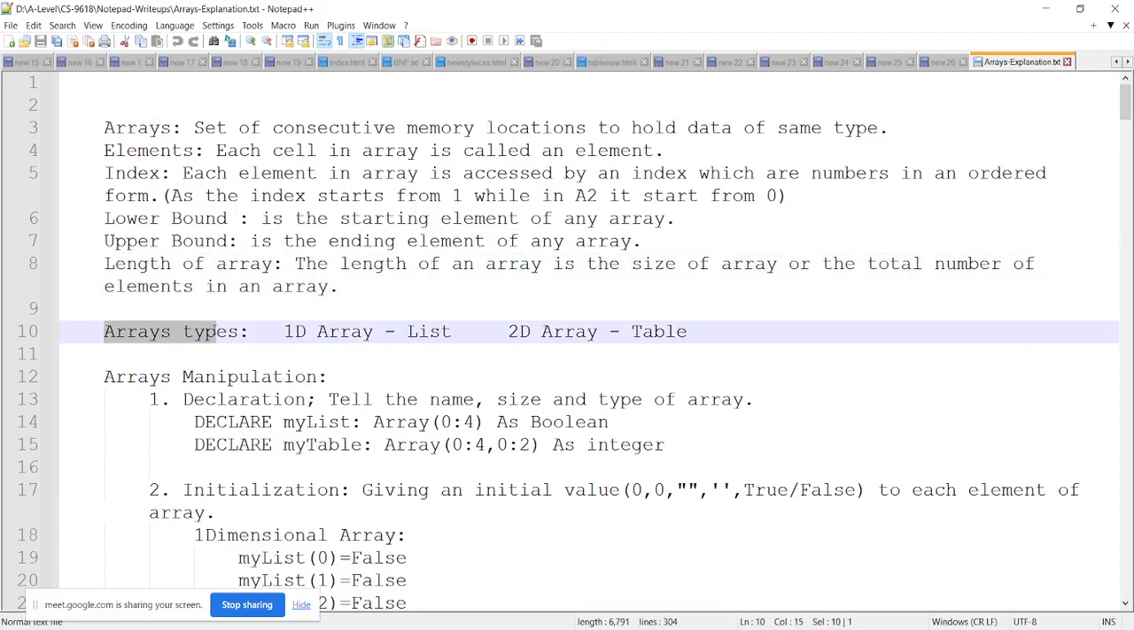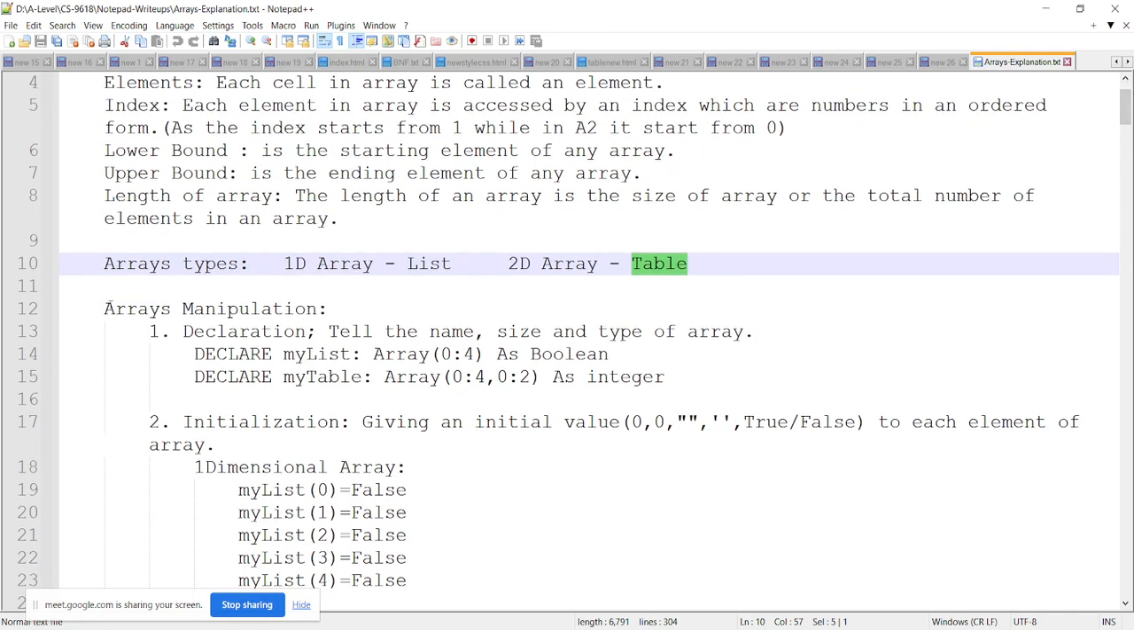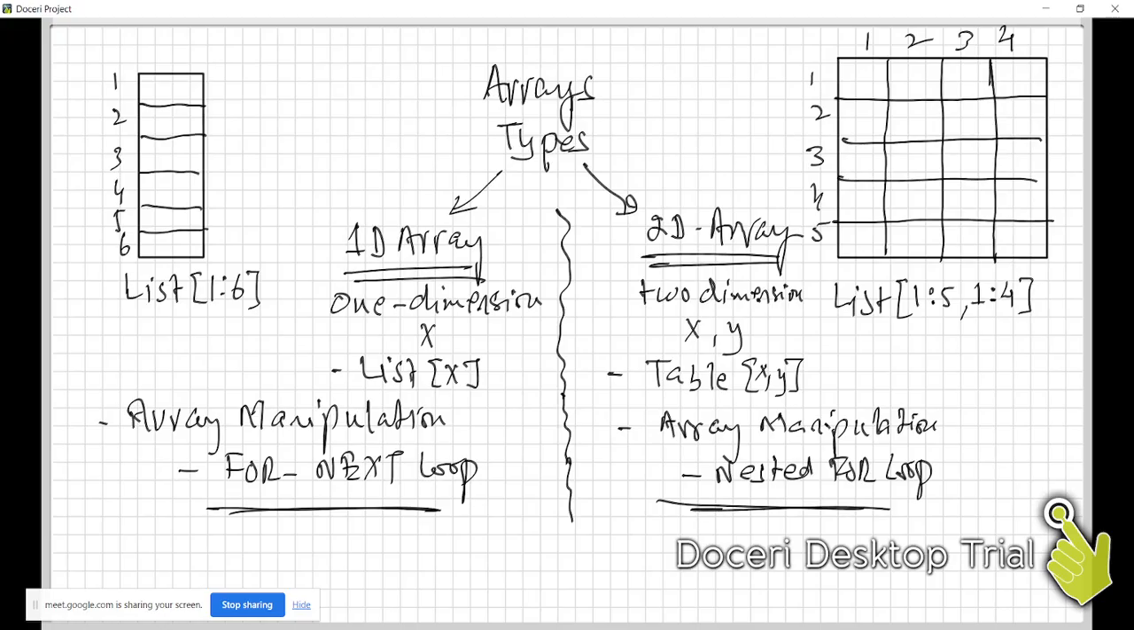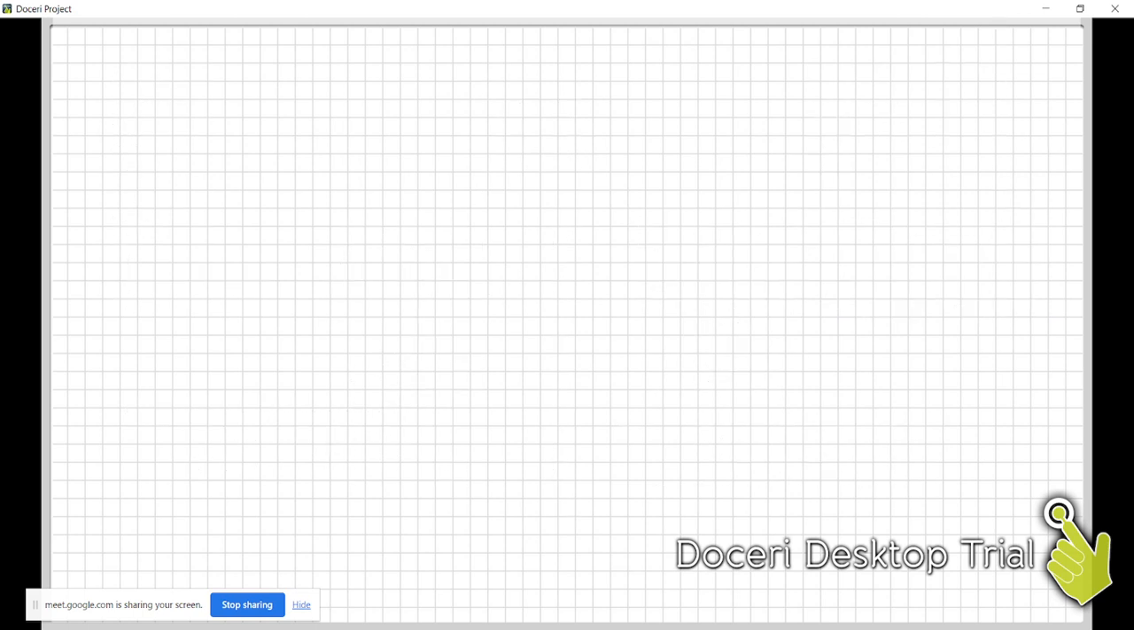Now this is how I explained array types, that is 1D array, which is a list, and 2D array, which is a table. Okay, now coming toward array manipulation. Manipulation means processing the data in the array. How we process the data in the array is called manipulation. So when we work with the array